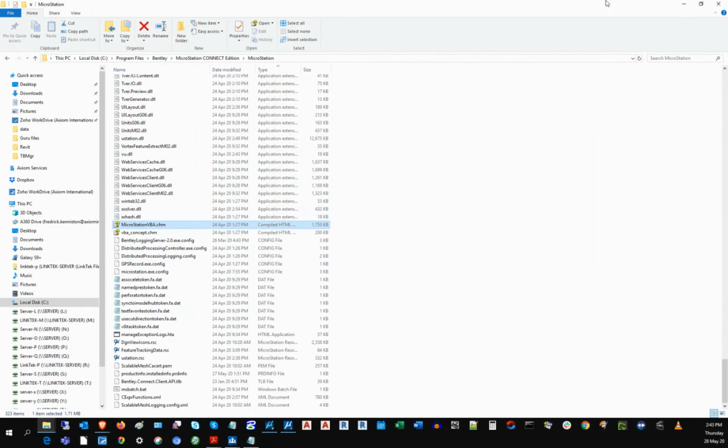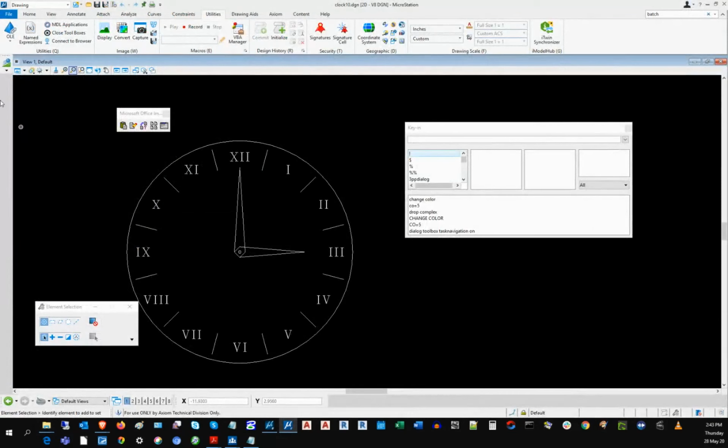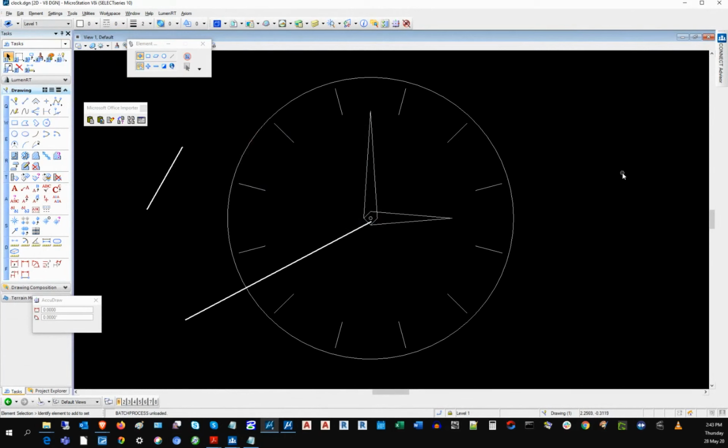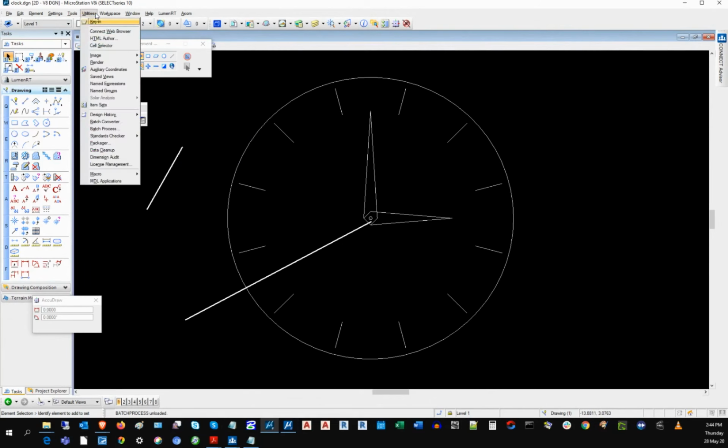All right, so that's the next to last thing. The last thing I'm going to cover is the batch converter. Now, if you work in an environment where sometimes you need to convert large numbers of MicroStation files to AutoCAD or the opposite direction, then MicroStation has, through its own translator, a built-in functionality for you to be able to do that. And if you go in V8i to Utilities,